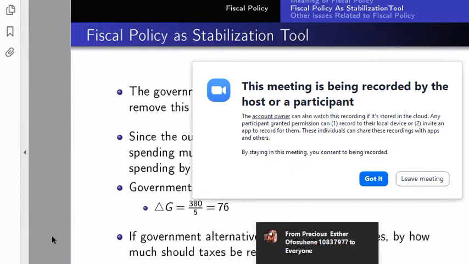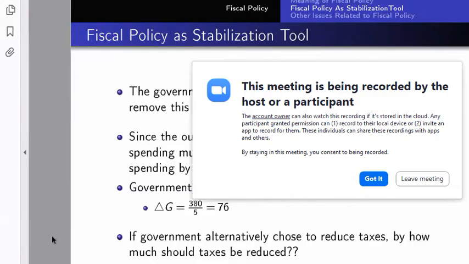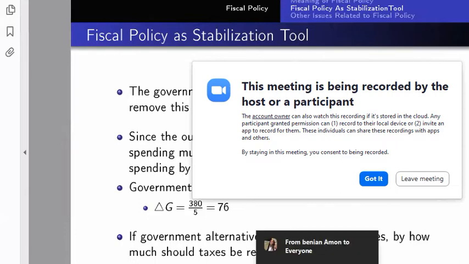380 divided by what? -4. By -4. All right. Because the autonomous tax multiplier is negative. 380 divided by -4. Exactly. So are we using the other questions? No, it's the same question, we are just continuing. I hope everybody is following. What's the minus? The minus is because the autonomous tax multiplier is negative. It's always negative. Where does the 4 come from? From the previous question.